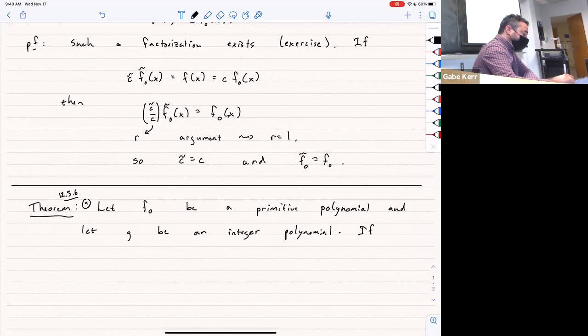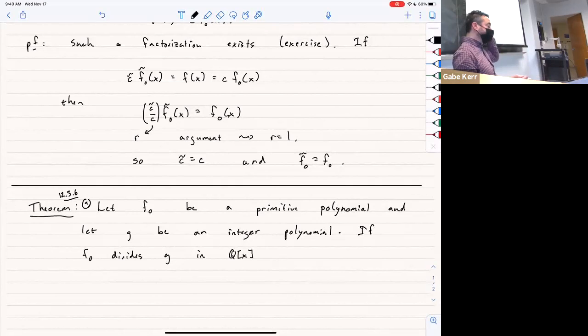If we have that F naught divides G of X, rational. I mean, they're both integer polynomials, or polynomials with integer coefficients, but we can view them as polynomials with rational coefficients. In that world, if we apply it, then we can also do it in